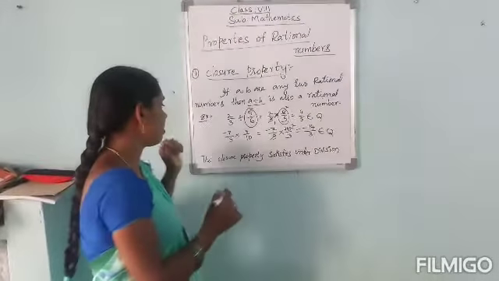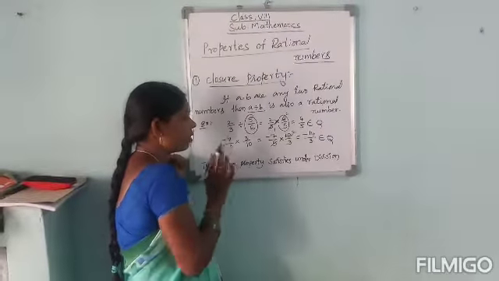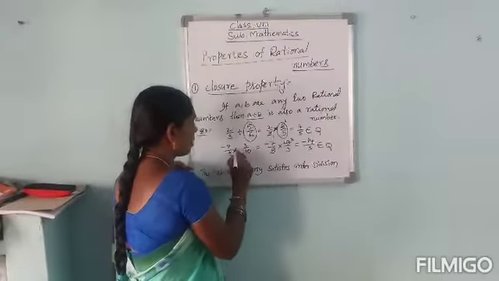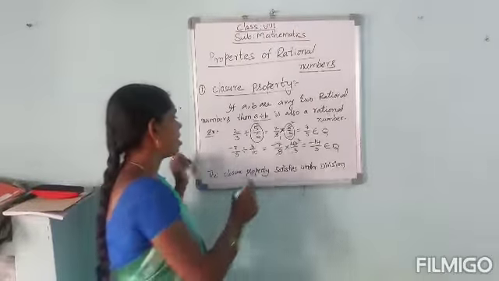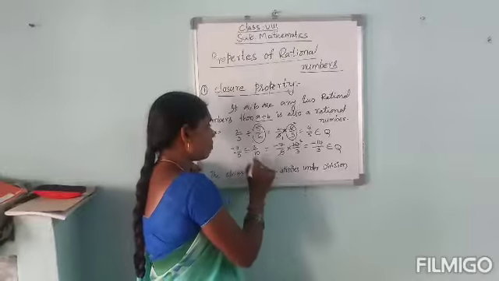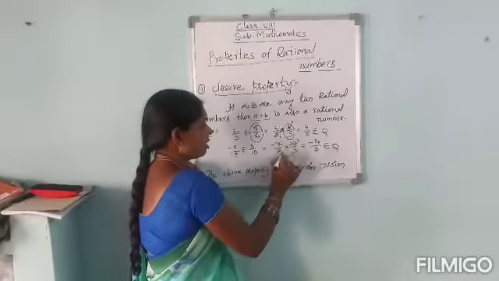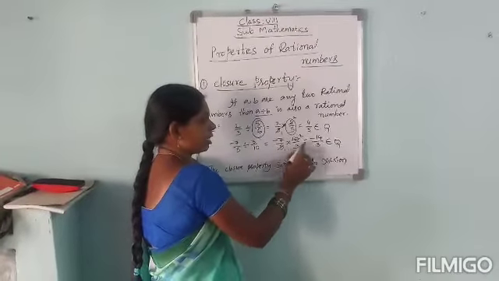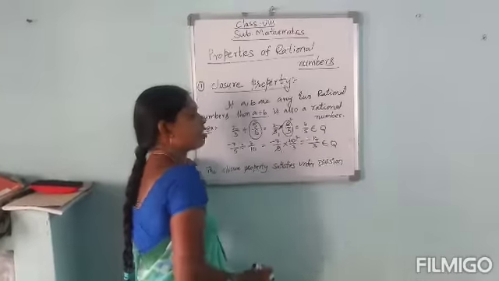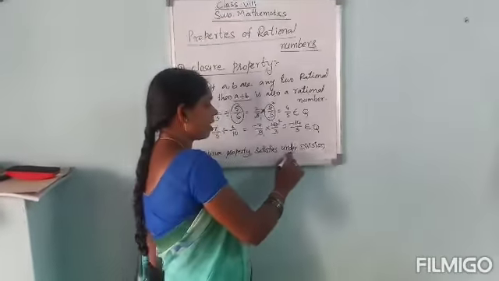Take another example. Here I am taking the negative rational number minus 7 by 5 divided by 3 by 10. So for minus 7 by 5, the reciprocal of 3 by 10 is 10 by 3. So 5 ones are 5, 5 twos are 10. So that is minus 7 twos are minus 14, and 1 three is 3. So minus 14 by 3 is also a rational number. Hence the closure property is satisfied under